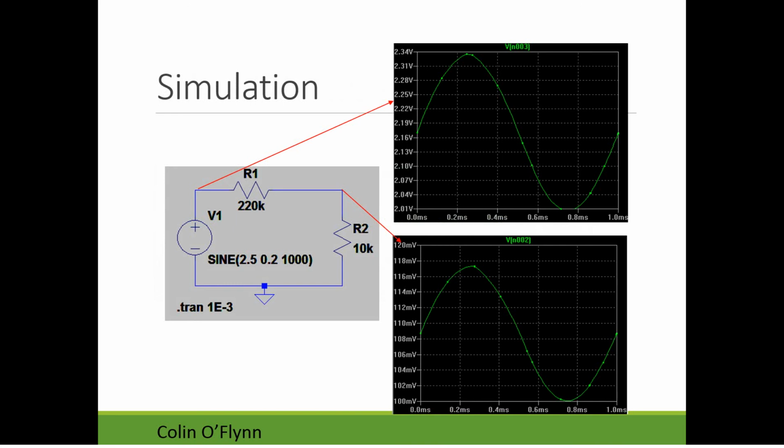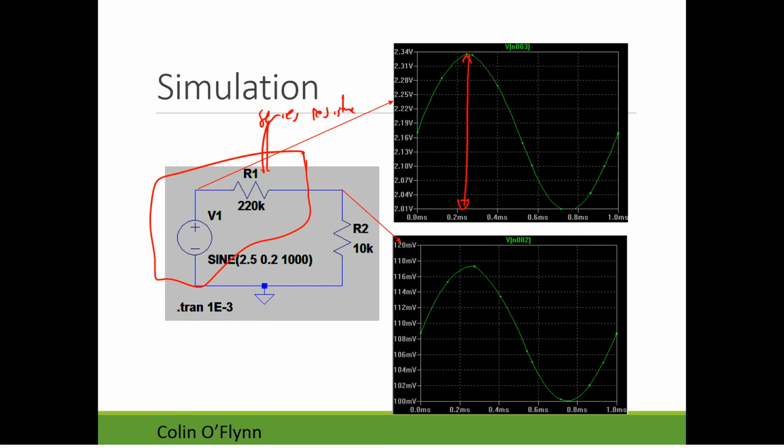As an example, I just built a simple sensor. My sensor is a sine wave, so that's the voltage source with a 220K resistor, which is effectively the series resistance of my sensor. So the sensor can't handle very much load at all. At the output of the sensor, you can see the span is from about 2.3 volts to 2 volts, somewhere around that.